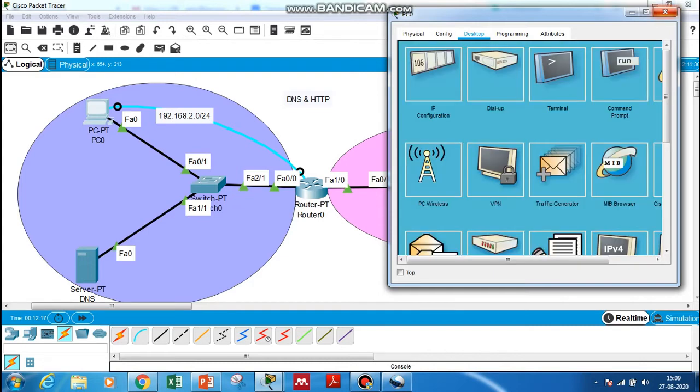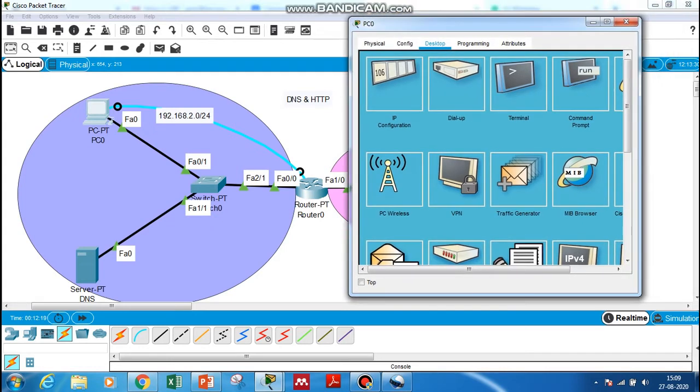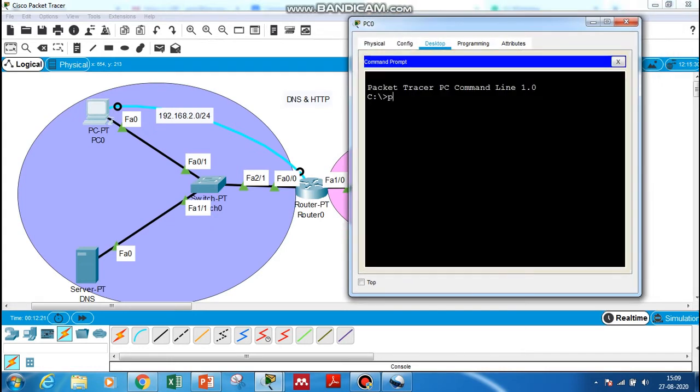So let us close the PC's console and we'll try whether it is pinging. So we will ping 192.168.3.2, the web server. So let's wait for the reply from the web server.